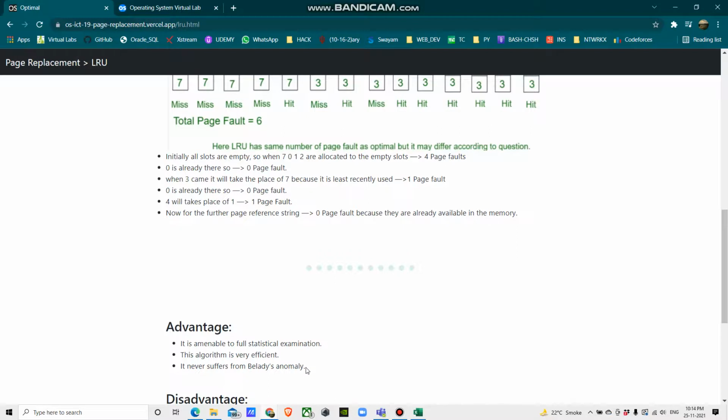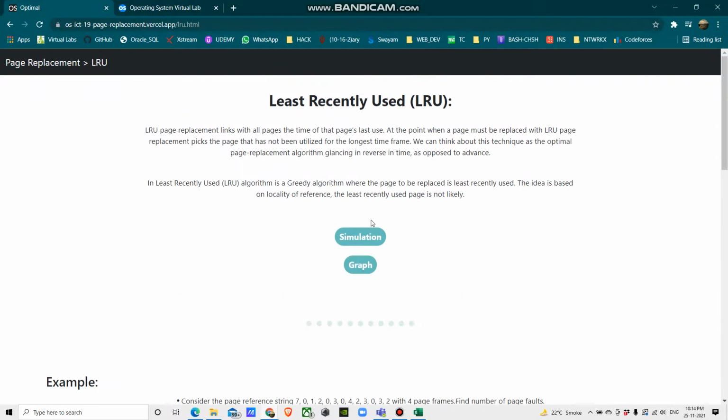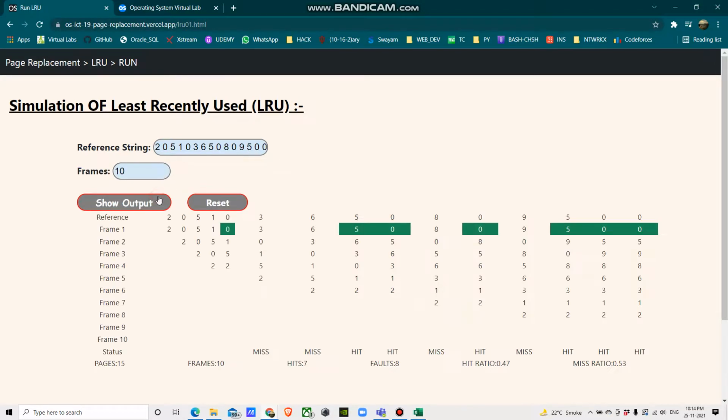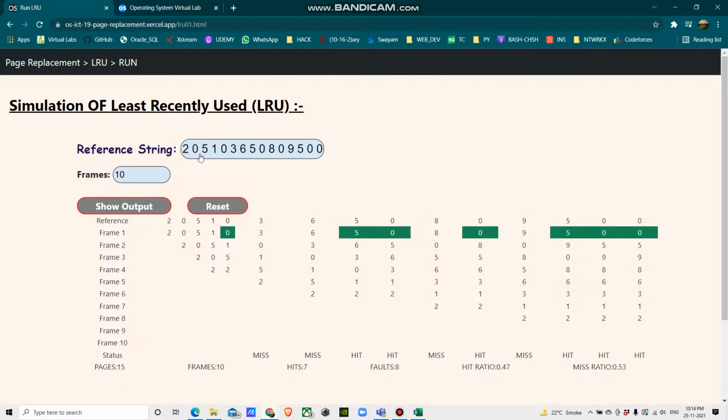In the starting, I said that we have classified on the basis of Belady's anomaly too. Now simulating the least recently used LRU algorithm, inputting the string. Now let's suppose 10 frames.